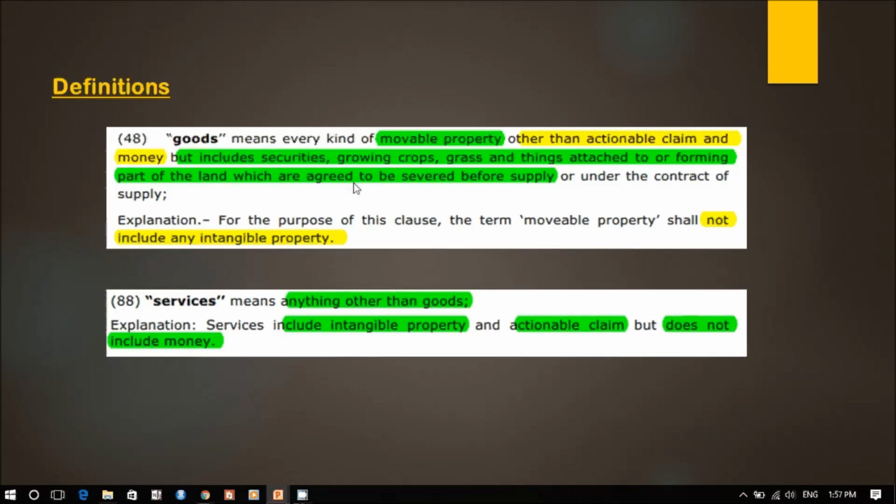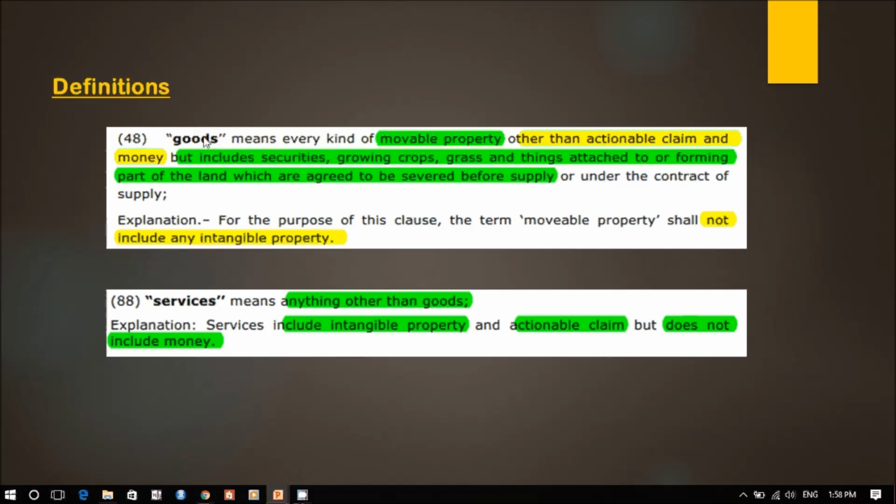Now I will give you a brief about a few definitions. First of all, I am giving definitions of only goods and services because this is GST, goods and service tax. So at least you should know what the goods are, what the service is, and what the coverage of the GST is. Because until and unless you have an idea about what comes under goods and what comes under service, you will not have any idea about the GST. So first of all, I want to tell you about these definitions.